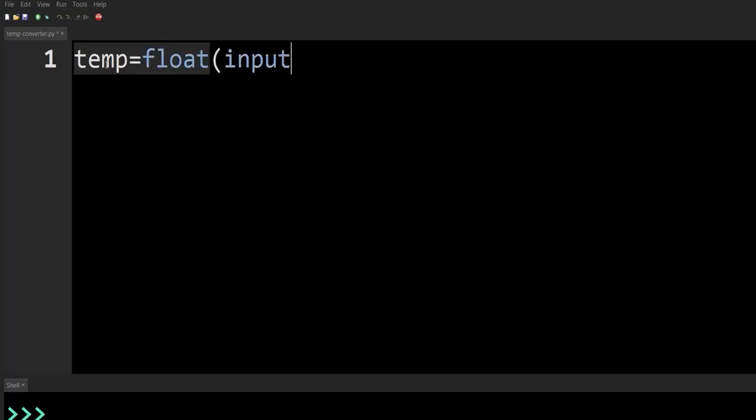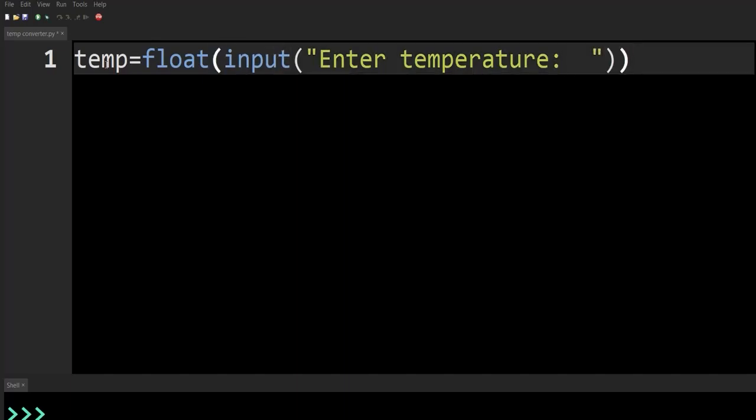Now let's take a variable temp in which we'll accept the temperature that is given by the user. Temp is equal to float, input, "Enter temperature given", and the bracket is closed.